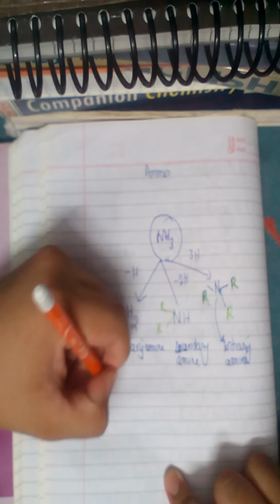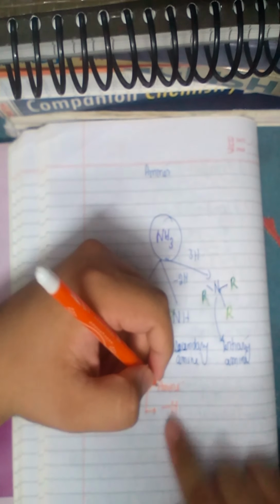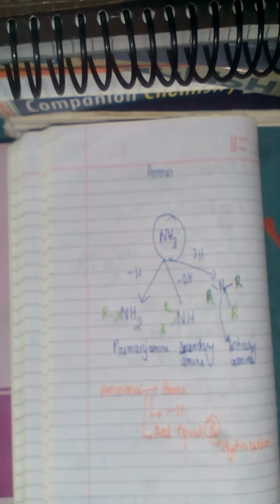So that's how, by removing hydrogen, ammonia turns into an amine. Let me write it down. To turn ammonia into an amine, you need to do two things. Number one is subtract hydrogens. I'm just writing H, you can subtract 1H, 2H or 3H. And the second is add an equal number of R groups, and generally the R group represents the hydrocarbon part. And that becomes an amine for us.